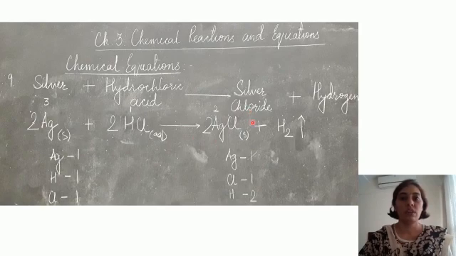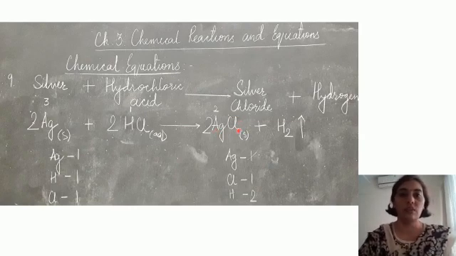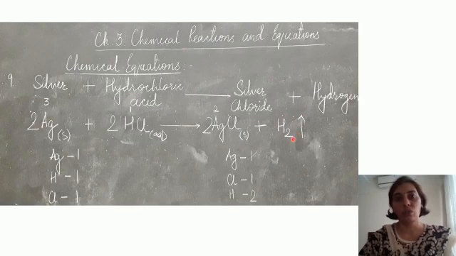Product is silver chloride, AgCl. We know the valency of silver and chlorine both. We have done this. So silver is 1 plus, chloride ion is 1 minus. So you get silver chloride, that is AgCl. And hydrogen gas, molecular formula you will write down. So symbol is H, but molecular formula of hydrogen is H2. It's a diatomic molecule and it's a gas, so we have indicated it with the upward arrow. You can even write down G in small bracket, but an upward arrow will also do. Silver chloride, here we will write it as a precipitate. It's a white precipitate, so it is solid.